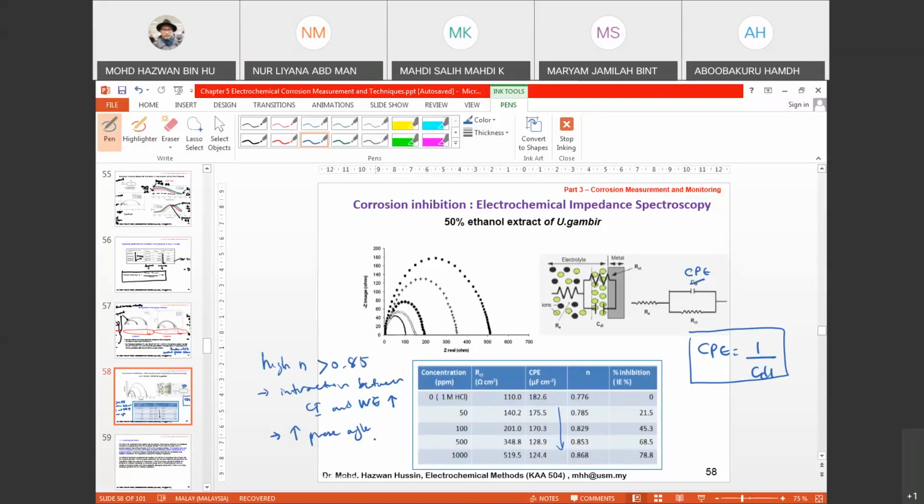Because as I said earlier, if you have a higher phase angle value, it means that the bonding or the interaction between the metal surface and the inhibitor is quite strong. Okay. So inhibition efficiency can be calculated as,